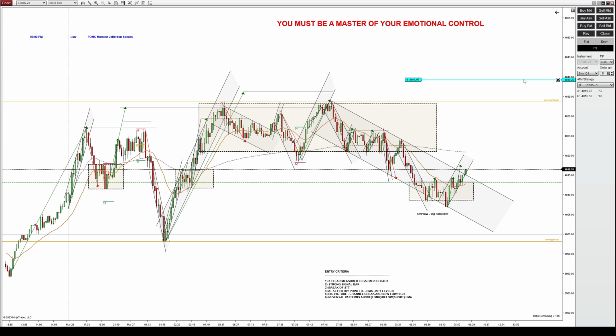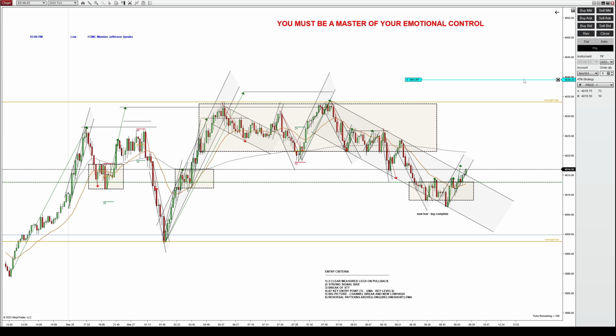So what I'm thinking here, for this live trade that I'm going to go over, is that we got this bearish downward channel forming. The new lows are right here,